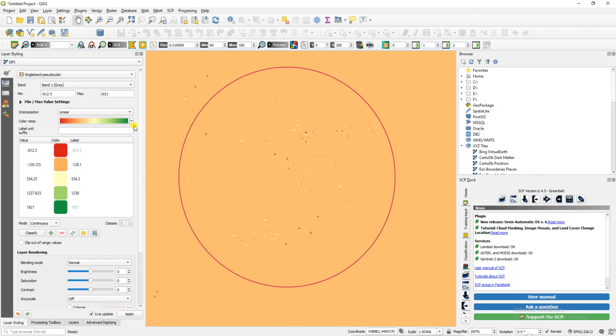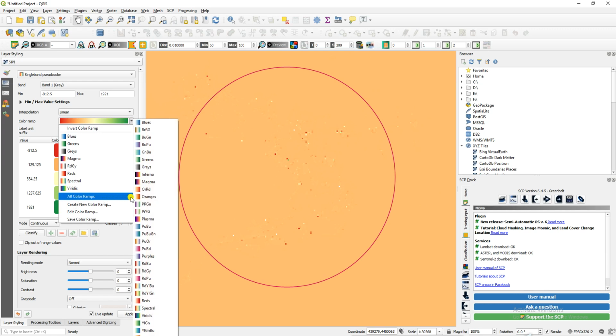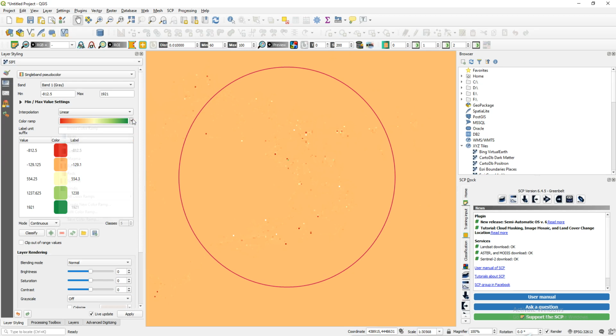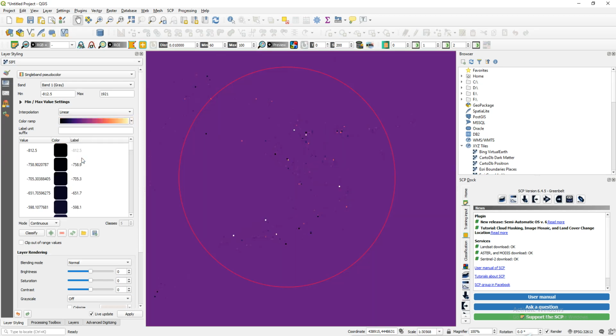Okay, so I am changing the color ramp. I click on the color ramp, move the cursor down, and use red, yellow and green. So I am changing it once again. You can see the result here.